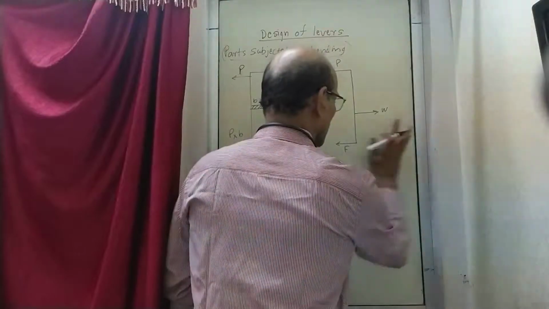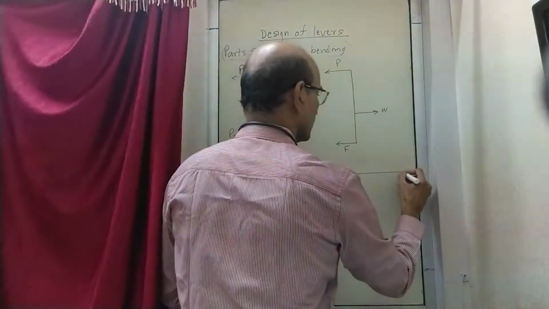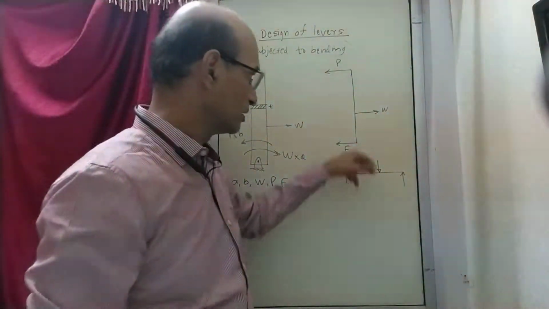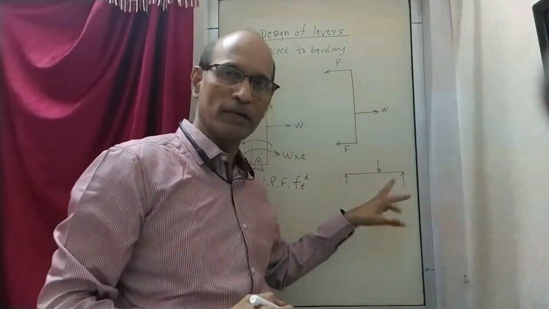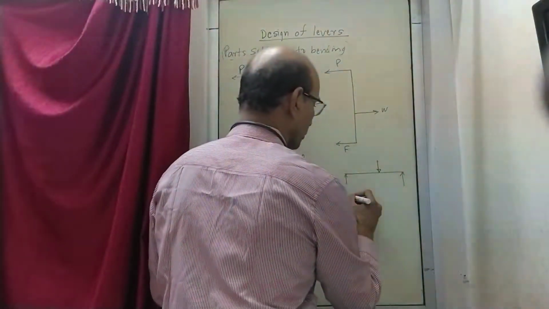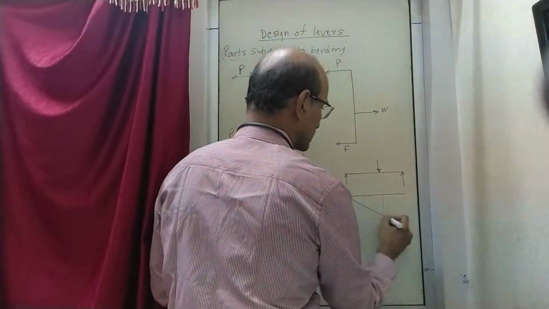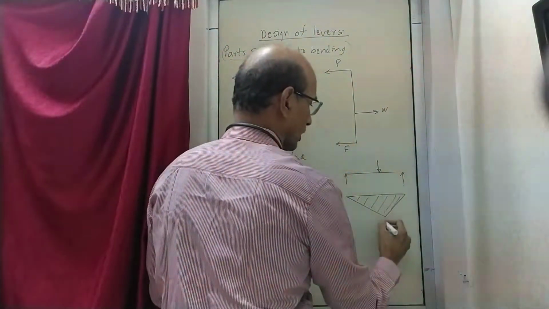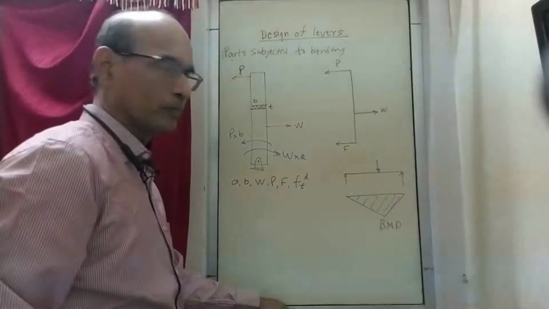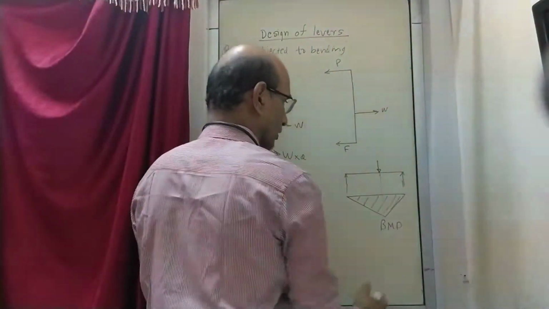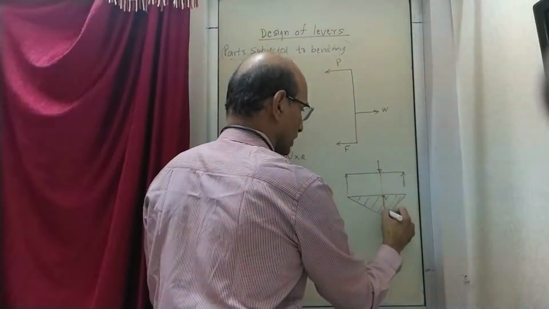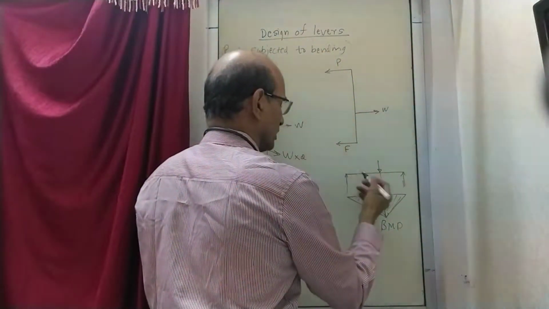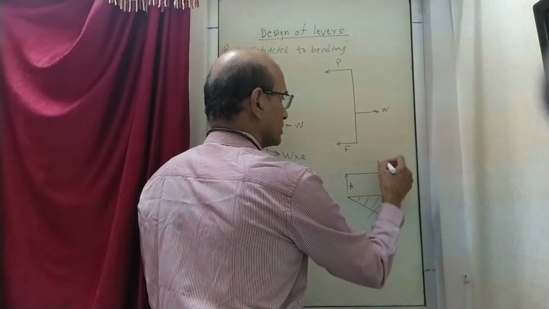So at that time you must have learned that there is a beam like this, which is called a simply supported beam. There is a load here. So when there is a load on the beam and the beam is supported here, what is the bending moment on this particular beam? At that time you must have drawn one figure, which looks like this. This is called a bending moment diagram. Now what does it mean? This is a representation of the bending moment which is acting here. Suppose this is A, this is B and this is C.